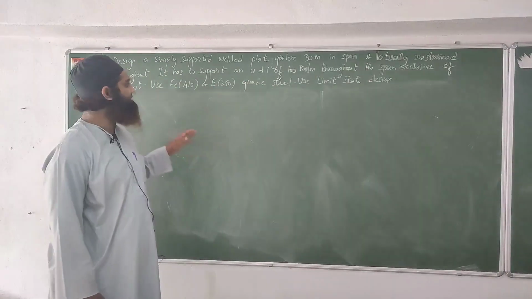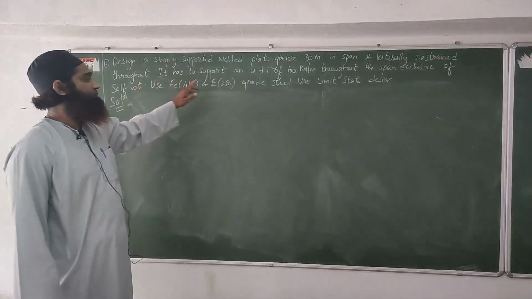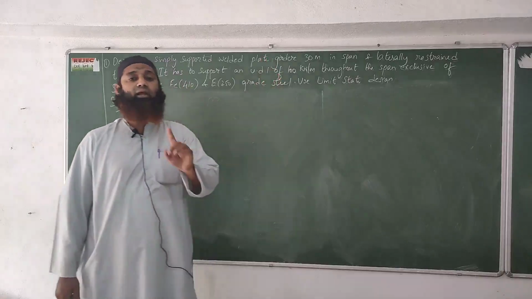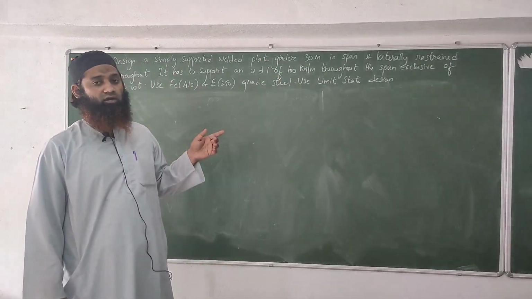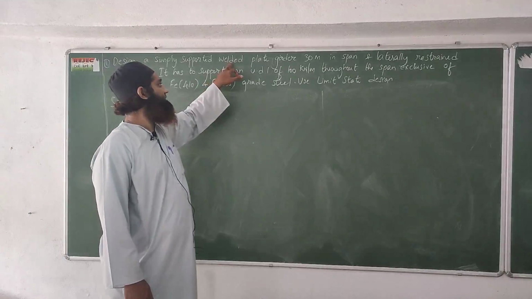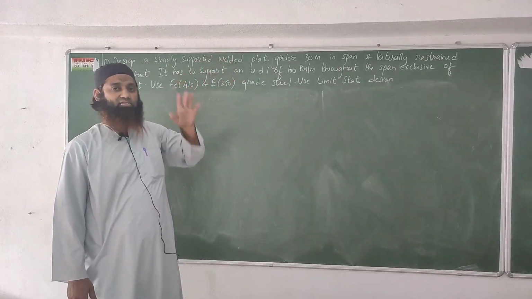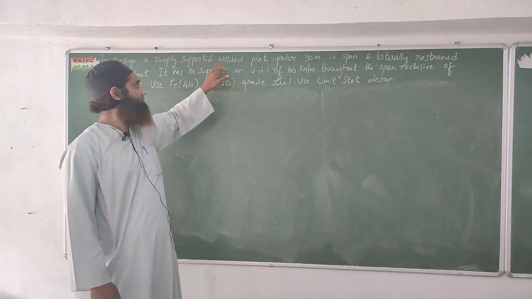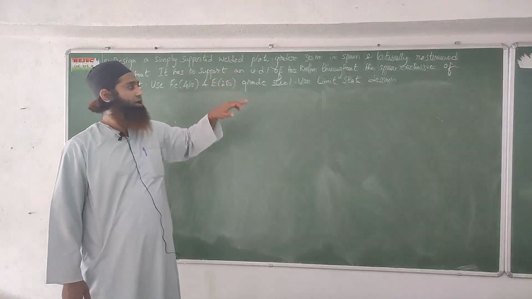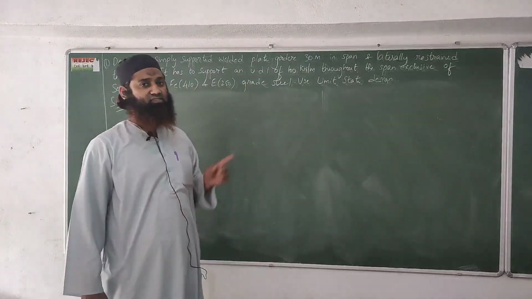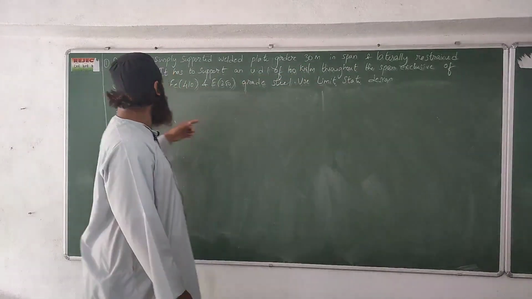As you remember, in the first step what we have to see is the span of the plate girder. This is a welded plate girder. You have to be very clear here, because sometimes they can give you a bolted plate girder also. The design of a bolted plate girder, at the connection, will be a little bit different. For welded it is different. You can see a welded plate girder that is 30 meters in span, laterally restrained throughout.